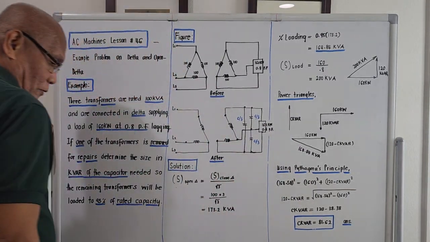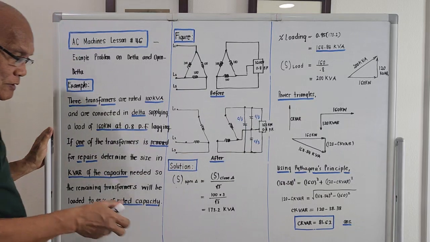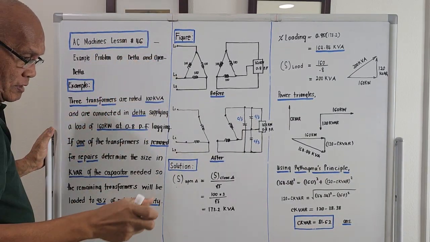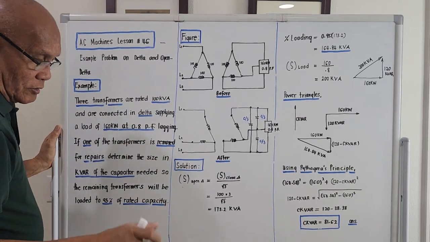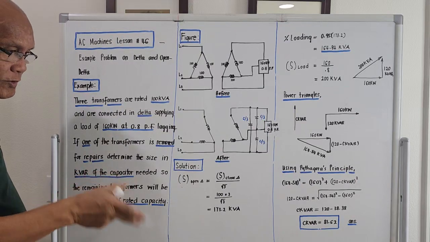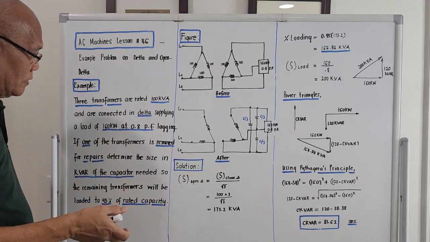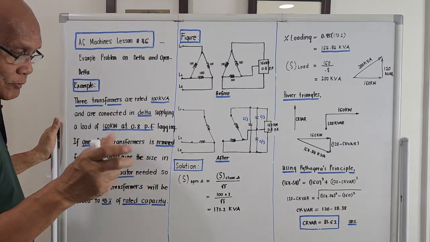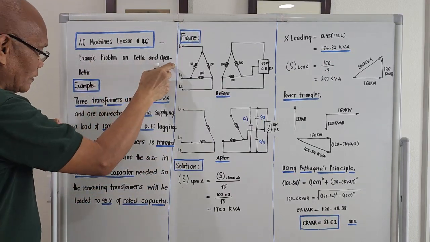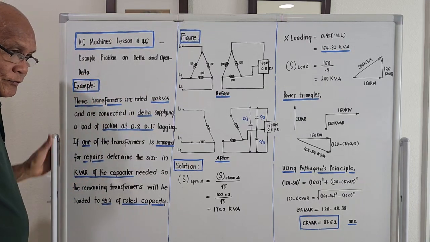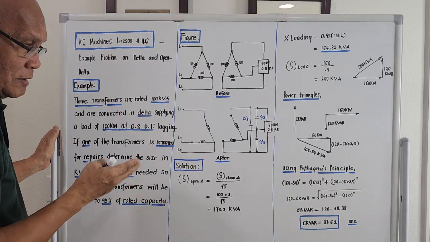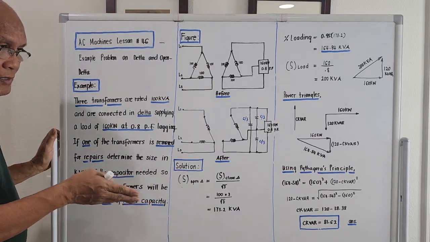The subject matter for tonight is alternating current machines, lesson number 46. This is still on the study of transformers, and we are now on the so-called delta to Y or Y to delta connection. The title of the topic for tonight is another example problem on the delta and open delta connection. This is another variation of the problem, delta-delta, then later on it becomes